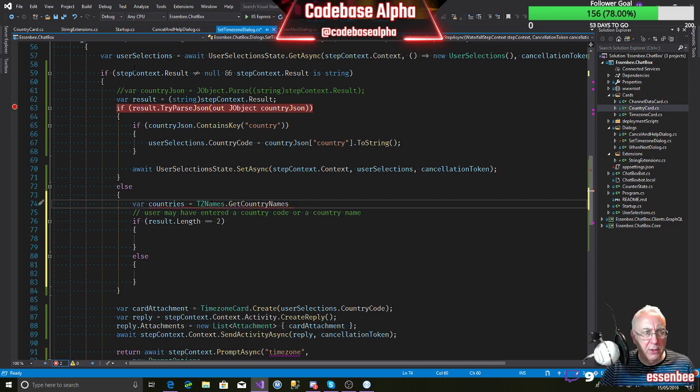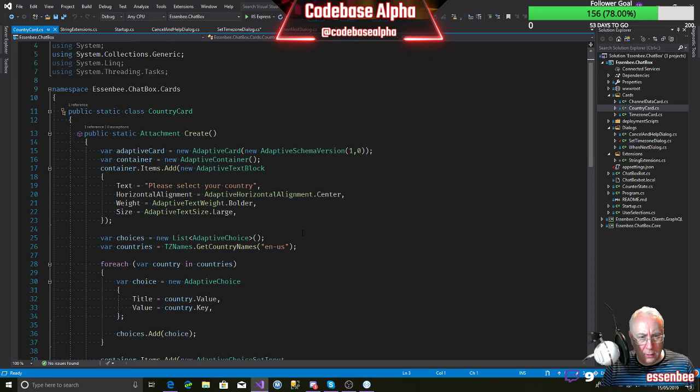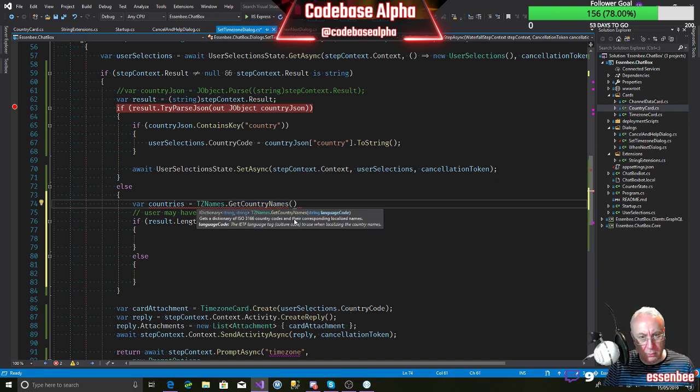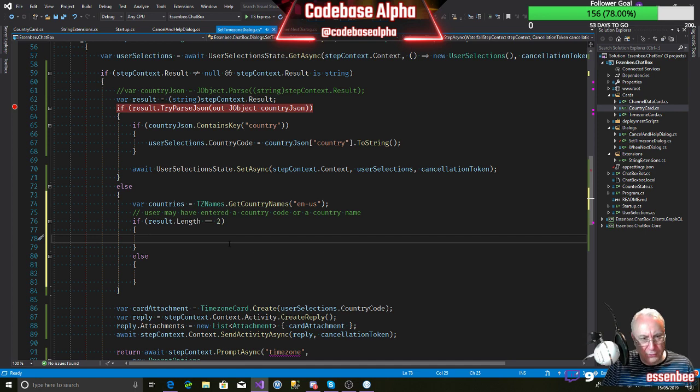Is that get country names what we used? Let's have a look. Country card. Get country names, and then we needed a language code. So we'll use US English, EN US. So we've got that. That's our dictionary of countries. So we say if